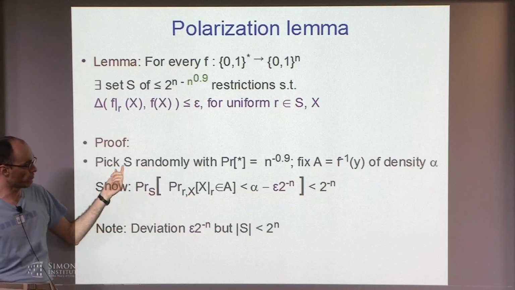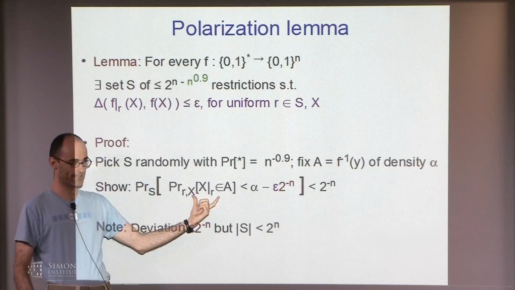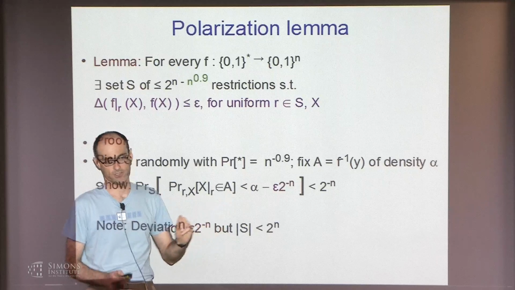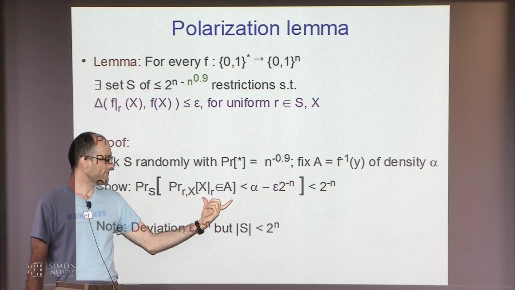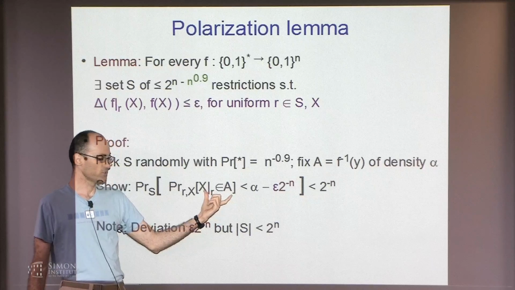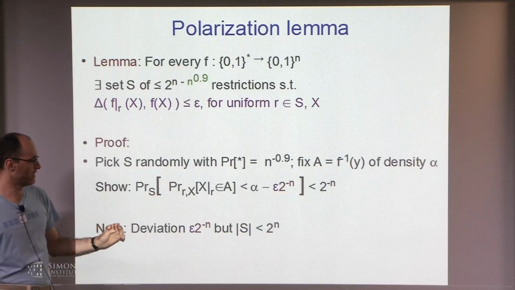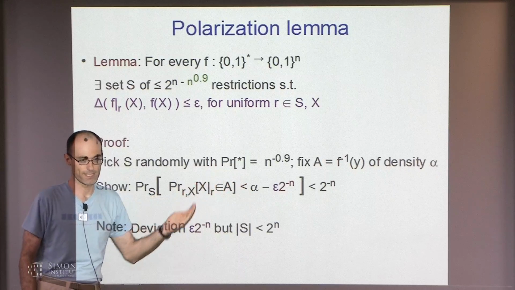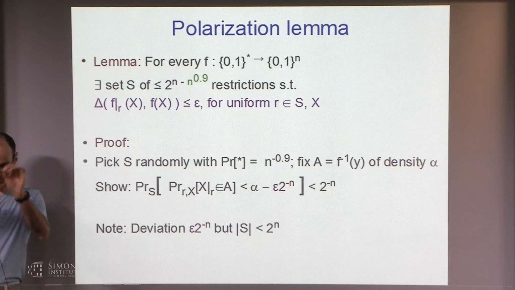The reason is that I can do a union bound over all possible preimages. And the deviation of this landing in A also has to be exponentially small in n, because I need to sum over all possible contributions of these sets. So one thing is that actually you cannot show that these things are close. You can only show a lower tail bound. But that's sufficient. So if for every set you bound the lower tail, because the sets form a partition of the space, you can verify that each set will be close.